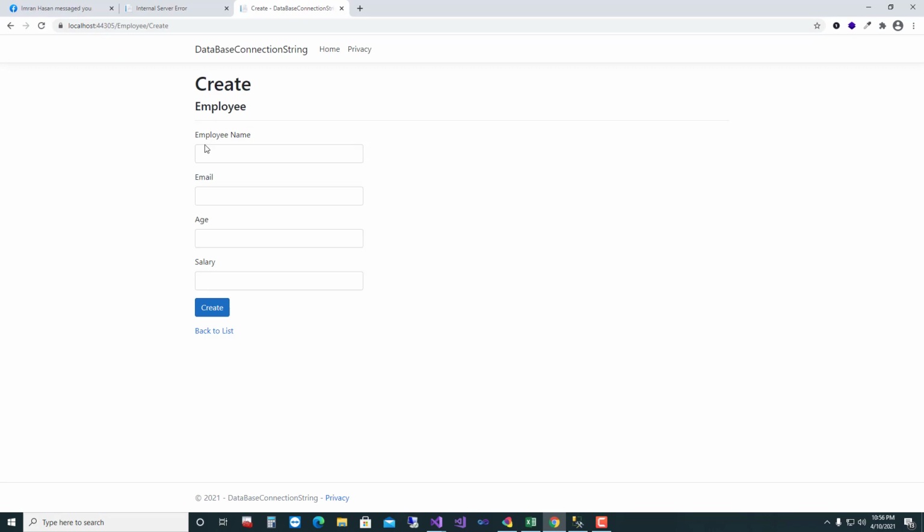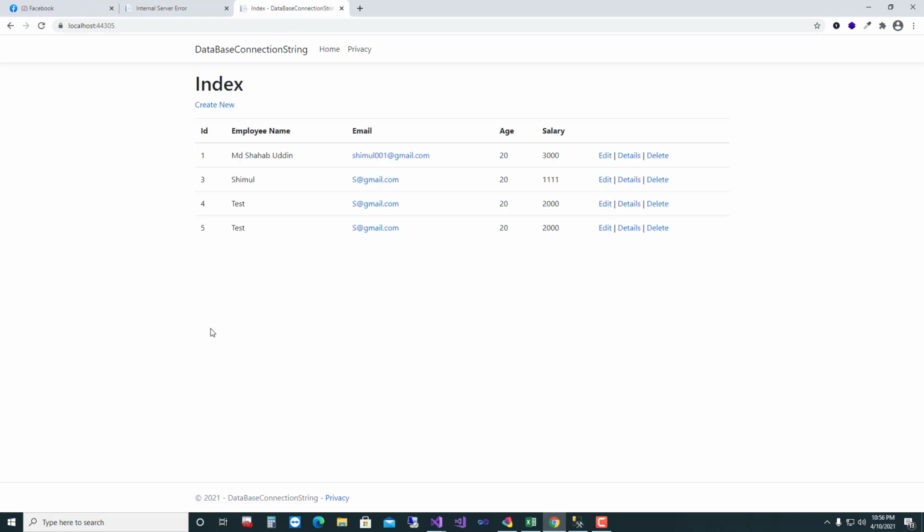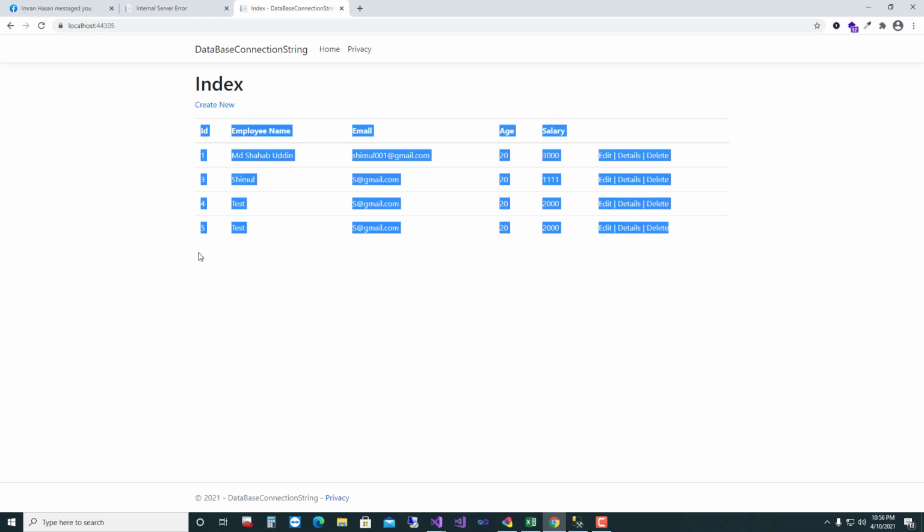Click on create new button, then select test name, input the employee name, test, employee email is test, great. Okay, new record is inserted.